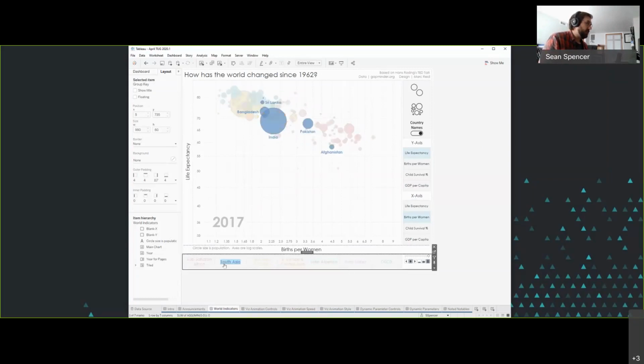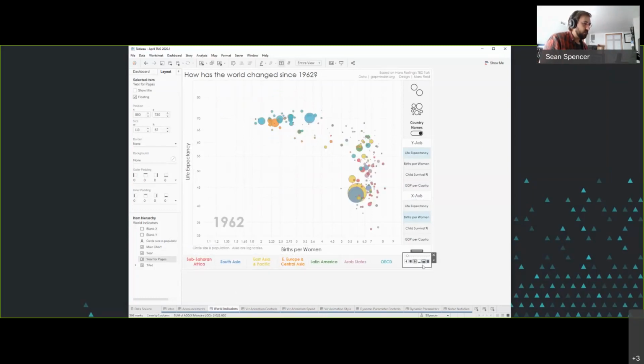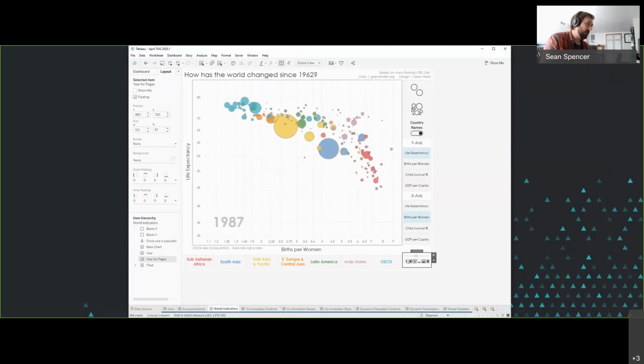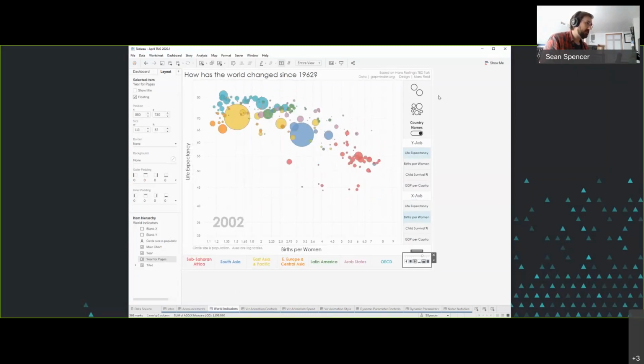If we were particularly interested in highlighting South Asia, oh, I guess it doesn't stick. I thought it did. That's fine. And one of the greatest new features, I think, is that this Pages button now works on the web. And so that's going to help a lot with promoting the animations.